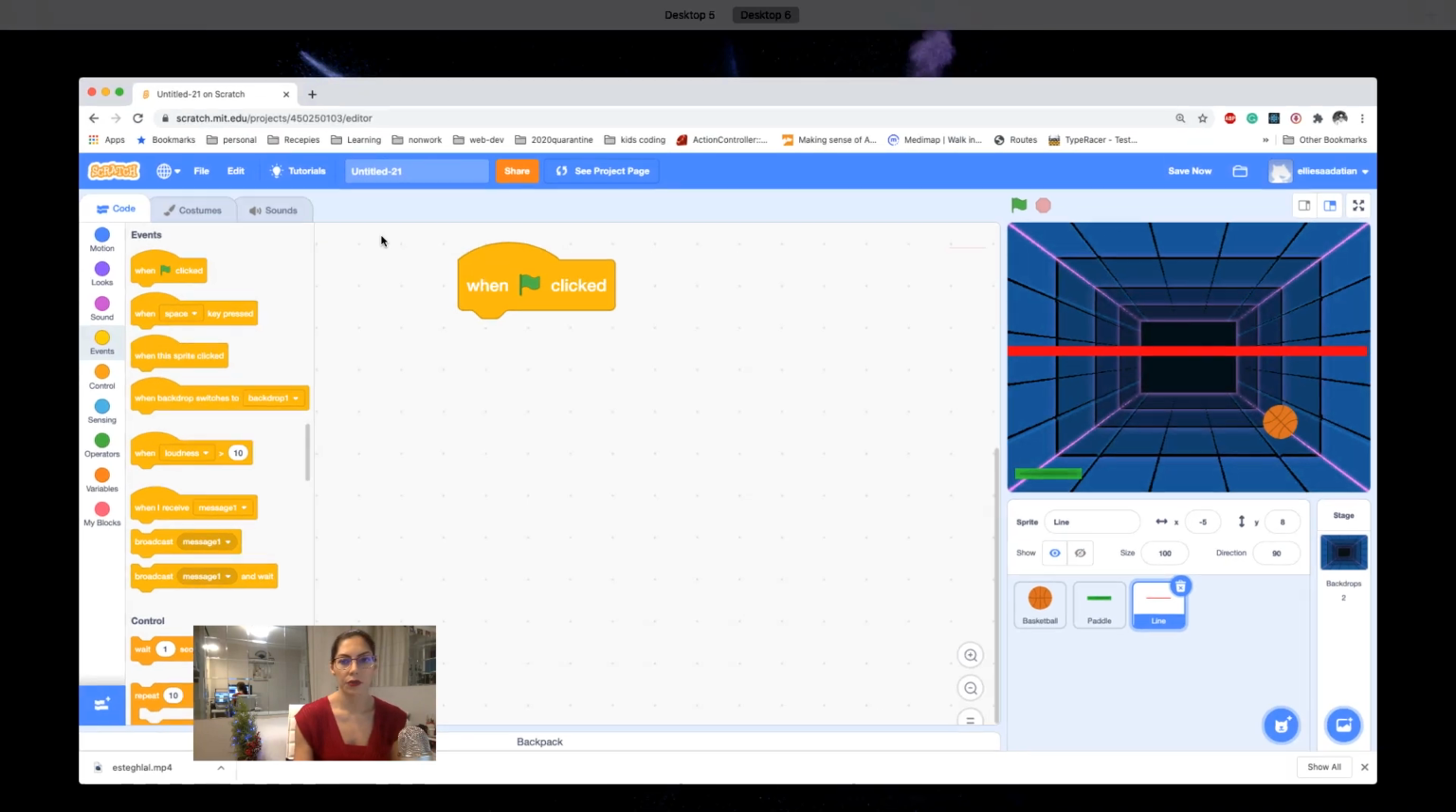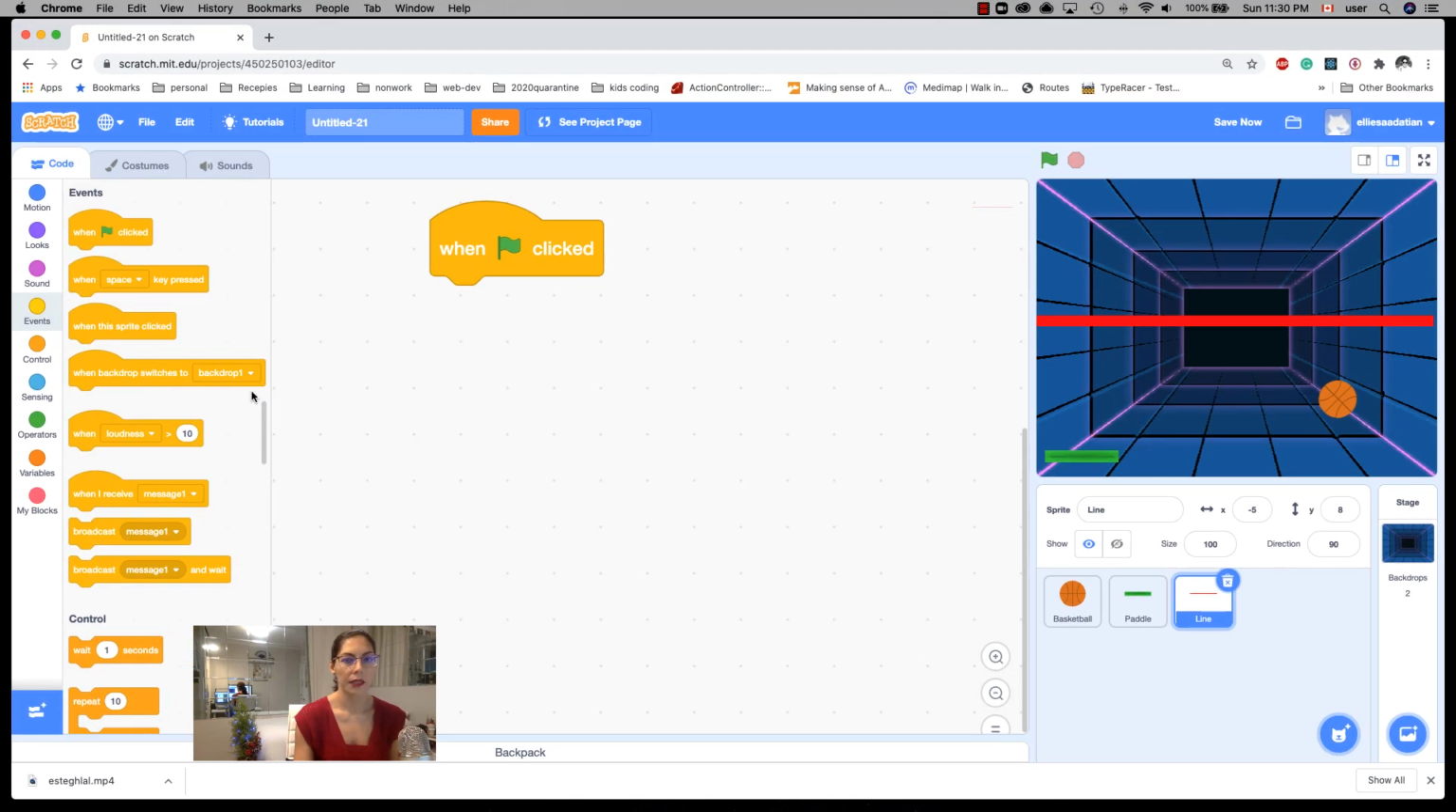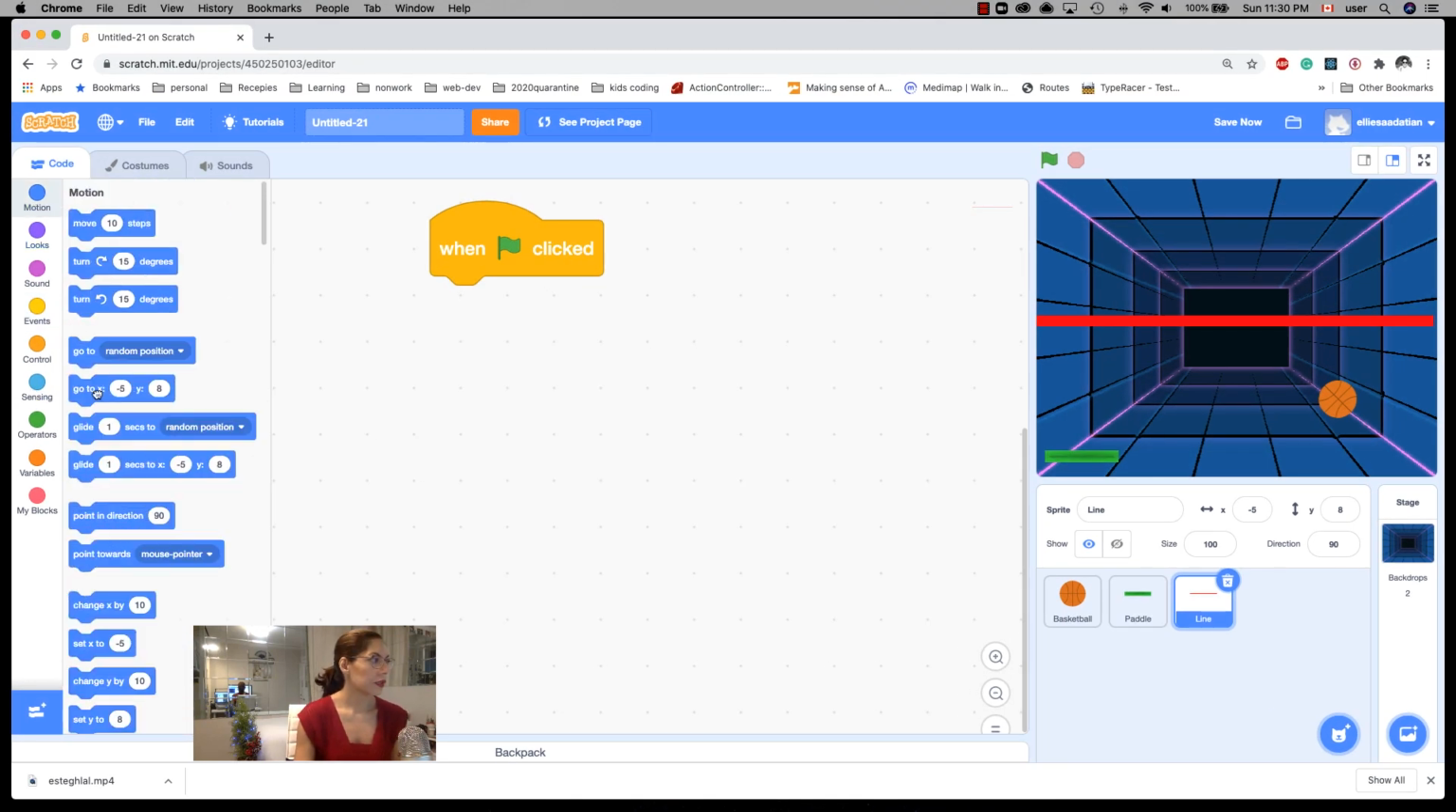So how to write this? I can write it like go to x 0, y minus 170. So it will drop to the very bottom of the stage. And then